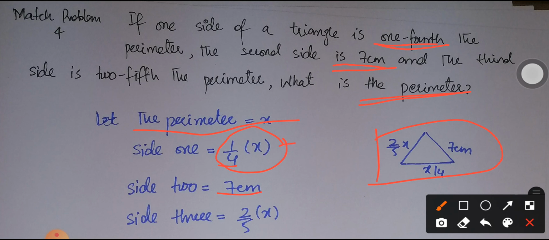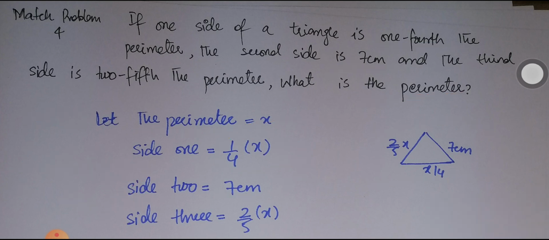Now what is the difference between these two expressions? For example, if I say 100, it is the exact amount, but if I say half of 100, then I am not giving you the exact amount, I am just telling you the relationship, and now you can find the exact amount yourself, as half of 100 means 1 by 2 into 100, that is 50. So this is the reason that here one side is 7 centimeters, that is the exact amount is given, but for the first side it is given that it is 1/4 the perimeter. So we are given the relationship with the perimeter that could be used to find the exact amount of the side. So I'm using 1 by 4 into x.